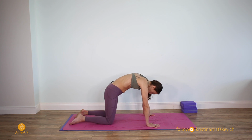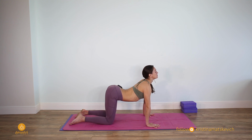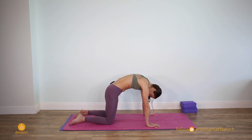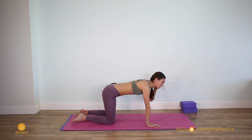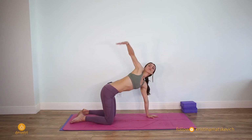And exhale, round. Inhale, arch. Deep ujjayi breathing in, exhale, round, exhaling through the nose. Inhale, returning to neutral. Press your left palm into the mat, turn the chest to the right, reach your right